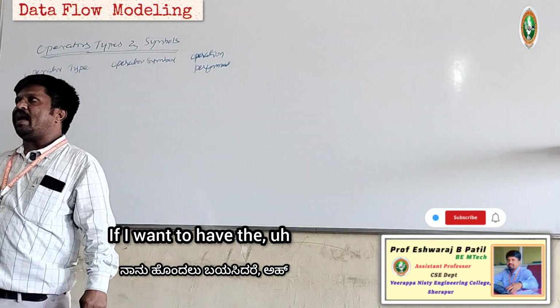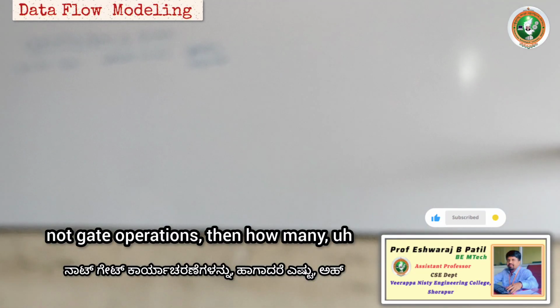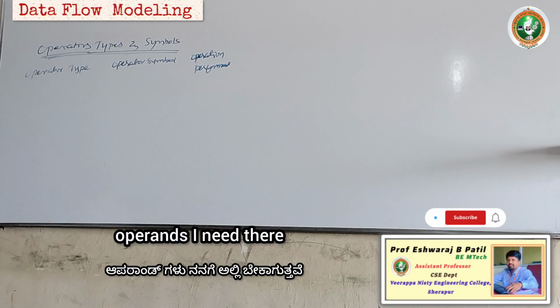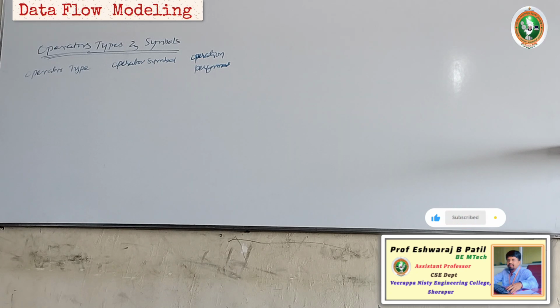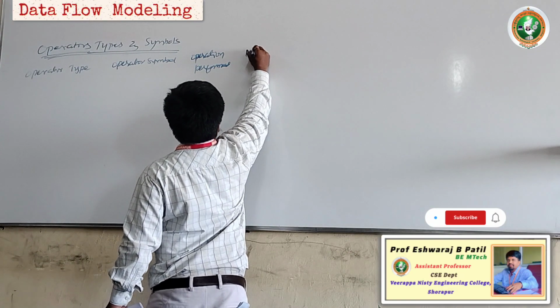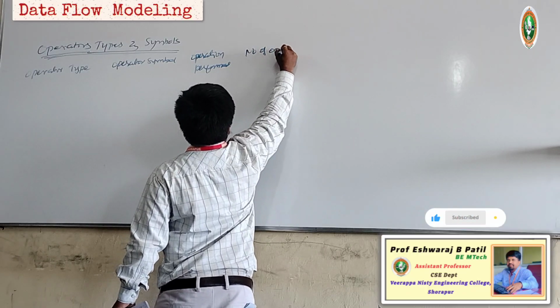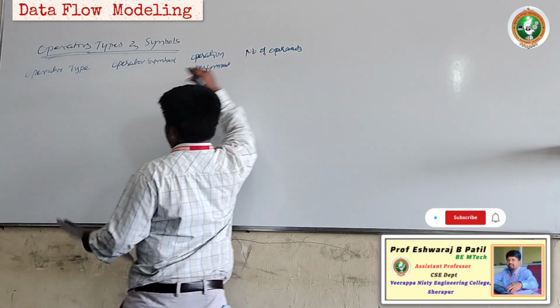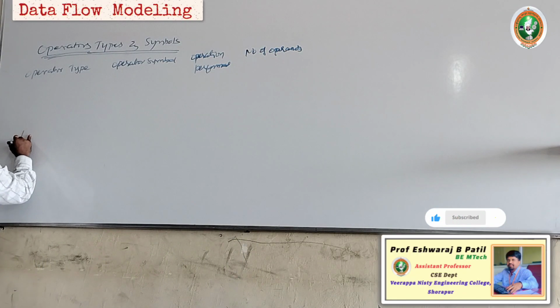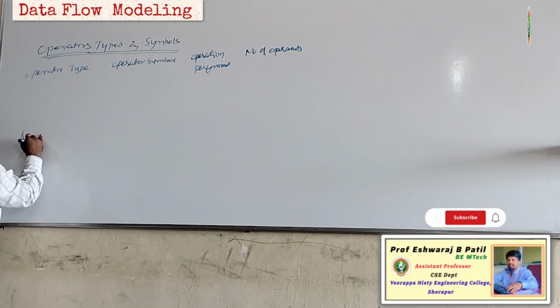If I want to do NOT gate operations, then how many operands do I need there? When doing a NOT gate, how many operands are needed? Only one. That's the input. We have only one operand. This also depends on the number of operands. Okay, if I want to go with the arithmetic operations type,